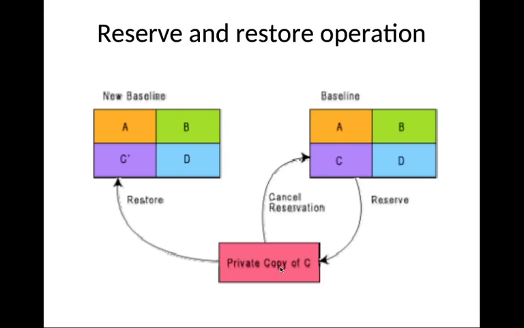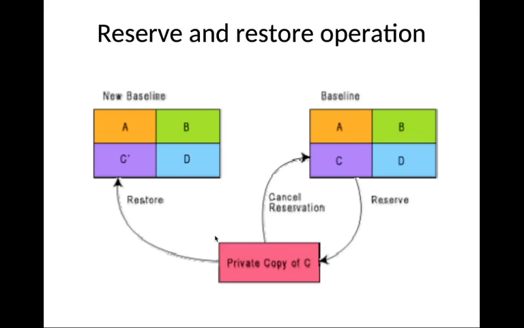It's like a book lending system in your library. If you are given access to a particular book, others won't be allowed to use that book. Similarly, if C is an object reserved by a particular person, he will get a copy of that object, and after that he can make all the changes, and after making those changes, he will give it to the